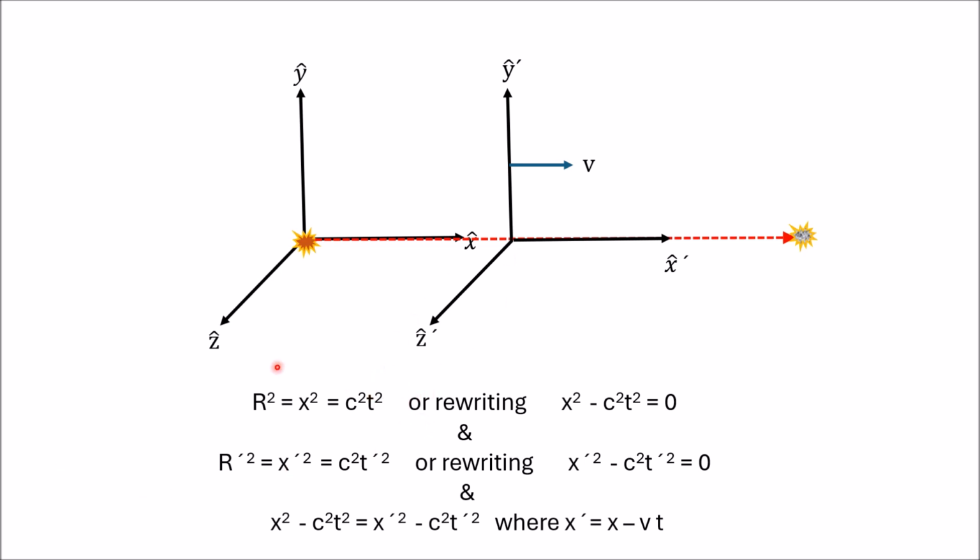You have one set of equations for the stationary reference frame, and you have another set of equations similar to it for the other moving frame, where x prime is related to x minus vt, the velocity of that frame itself. And you can write various equations. And because r equals ct, then r squared equals c squared t squared, and you can always pull them back and make them both equal to 0, as I've shown here. And if they're both equal to 0, then they can be shown to be equal to one another. That's how the Lorentz transforms are found from this equation.